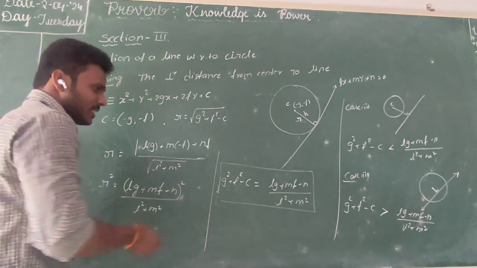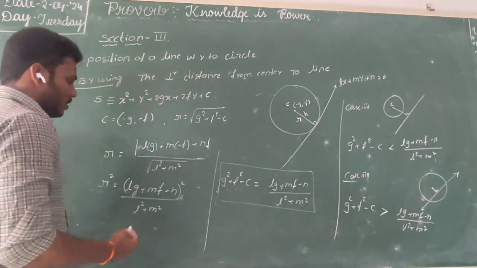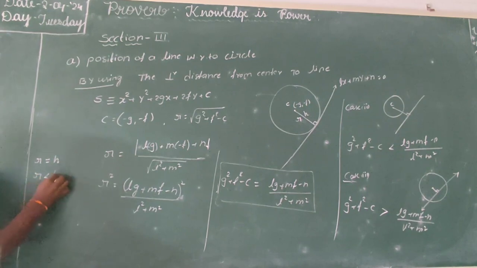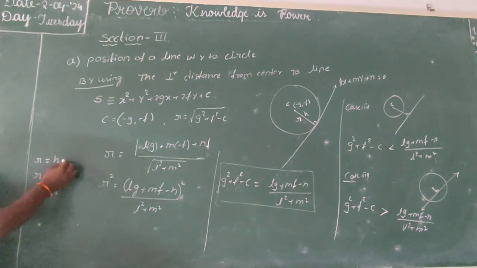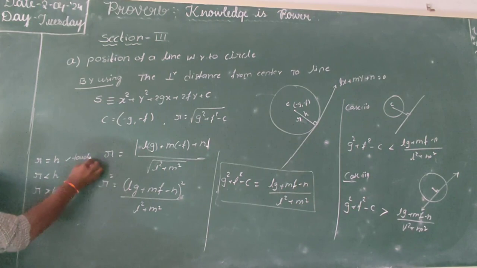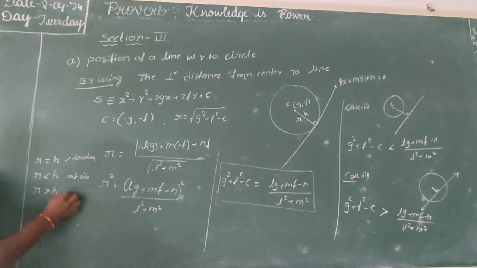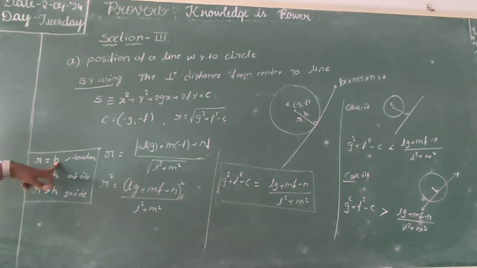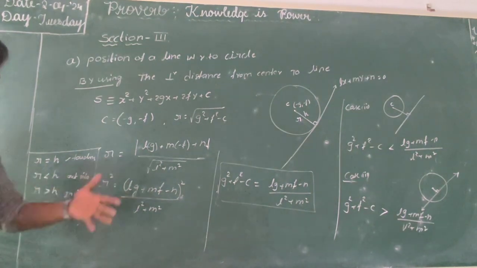So simply, we are saying it the other way, logically: if the radius is equal to the perpendicular distance, the line touches the circle; if the radius is less than the perpendicular distance, the line is outside of the circle; if the radius is more than the perpendicular distance, the line is inside of the circle. So those are the three conditions. We just have to remember these things: compare the perpendicular distance from the center to the line with the radius of the circle. This is a simple way you can approach it.